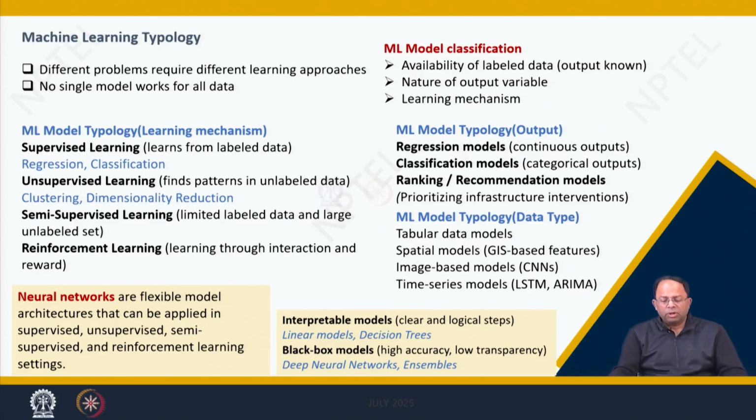Whereas there are also black box models, because in some cases we have so much data that we have to make sense of it. So a lot of abstracting of the data has to happen, reduction of the data has to happen, and then complex relationships have to be established. Such as in the case of deep neural networks, some ensemble techniques and so on, where we require high accuracy but transparency is not that important. That means we require the prediction to be very, very near to the actual values, but we don't bother much about how we arrive at that particular prediction.